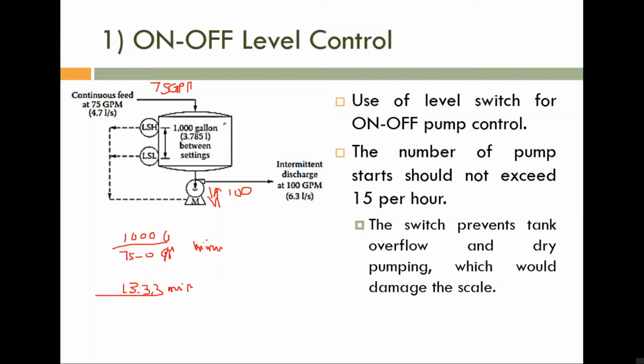So how much time is required to empty this tank? Again the capacity is 1000, and per minute 100 minus 75, that is 25 gallons, are removed from this tank. Am I correct? So 100 minus 75 is 25. Okay, that is 1000 divided by 25. 1000 divided by 25 means 1000 divided by 100 by 4. That is 4 minutes, right?